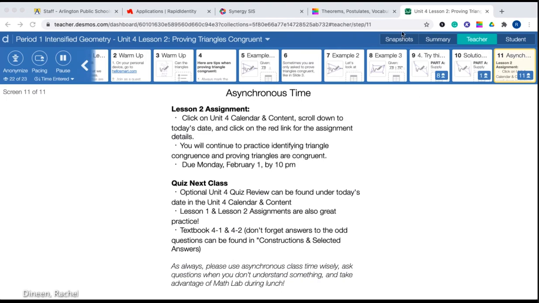So I cannot stress enough, draw out the diagrams, mark the diagrams, really practice the assignment for today and the additional practice if you need it. That will help you out so much. All right, that is it for synchronous class time. Does anyone have